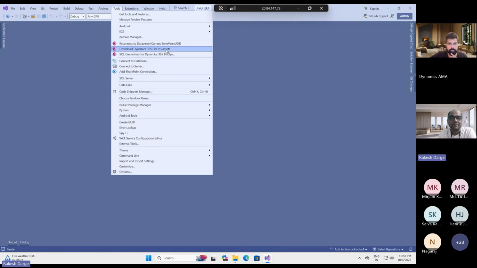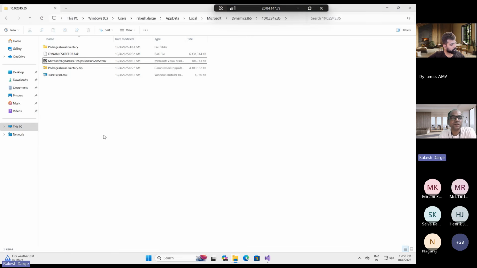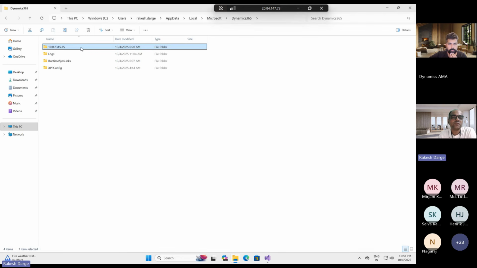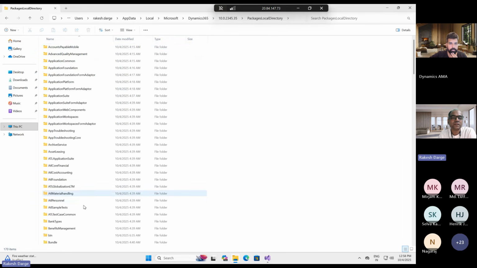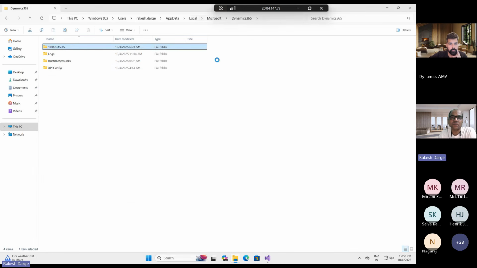the FinOps Assist. What it means is that if you compare with our CHE environment, where you used to have the package local directory, when you click on this, everything is going to be downloaded locally. So if you look at the path over here, it is C:\Users, AppData, Microsoft Dynamics 365, and all this list of options. Right now, I selected in the provisioned app this version 45.35, so it has downloaded the entire package directory for me, right? And if you migrate to the next one, there is no need for you to do it manually. It will create another package directory in the background.